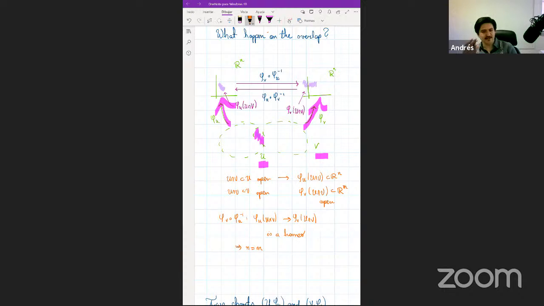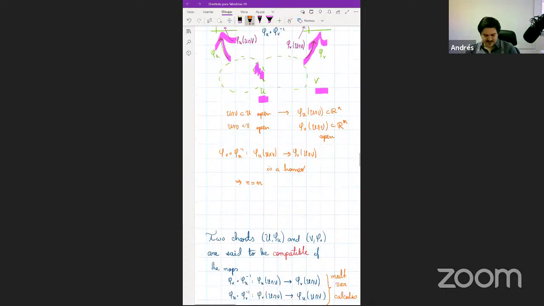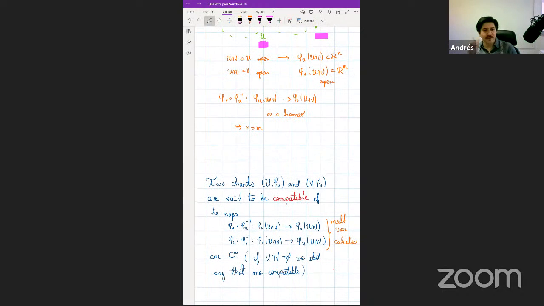Entonces, U y B son cartas arbitrarias. Si no se intersectan, no hay problema, son compatibles. Cuando se intersectan, queremos que estas dos funciones definidas entre abiertos de Rn sean C infinito. Bien, realmente este es el adjetivo, el que sea infinito. Ahí ya pueden pedir ustedes lo que quieran. Si quieren hablar de análisis complejo, variable compleja,